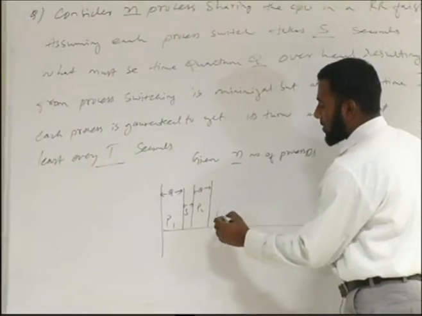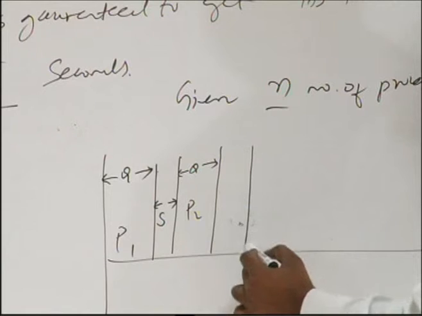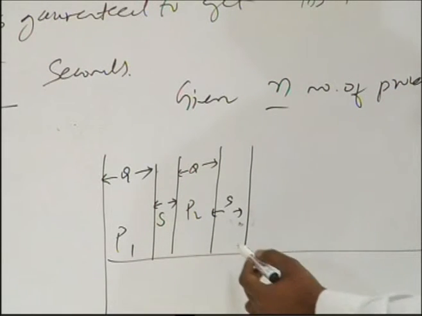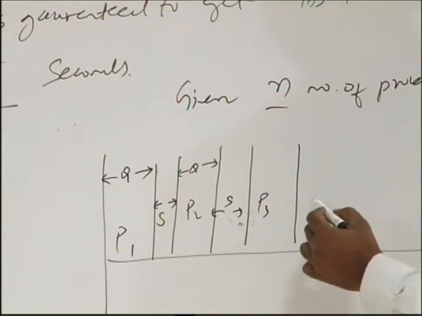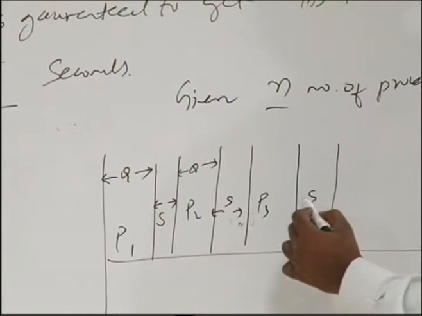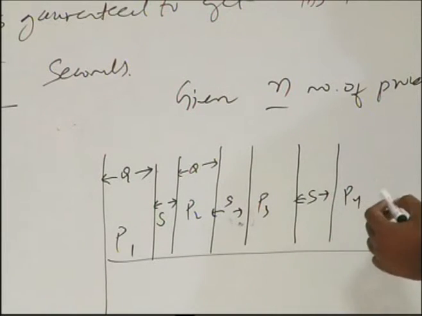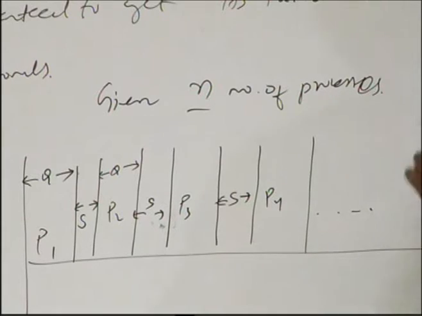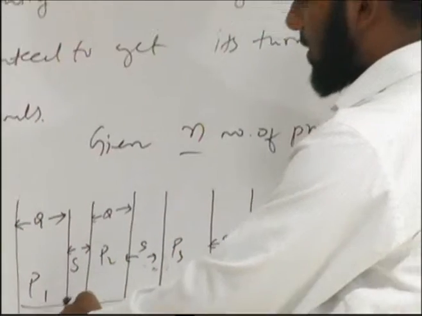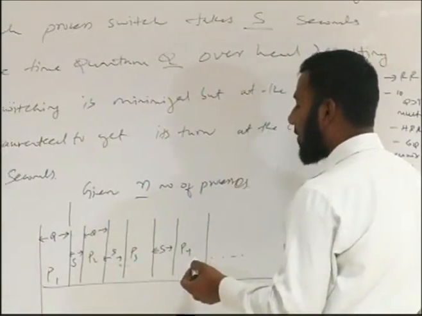Then another process, P2, will be given a chance. Before it is given a chance, again context switch happens, then another process P3 will be given a chance. It will also be executed for the time quantum, and another context switch happens. Then assume another process goes, and so on up to n number of processes. Okay. So now when first process P1 is executed, then the turn of this process will come after